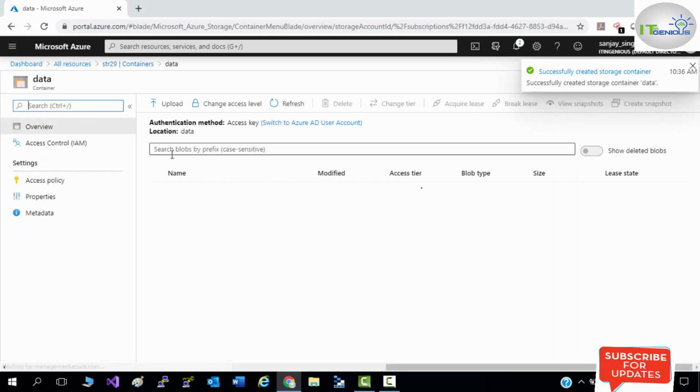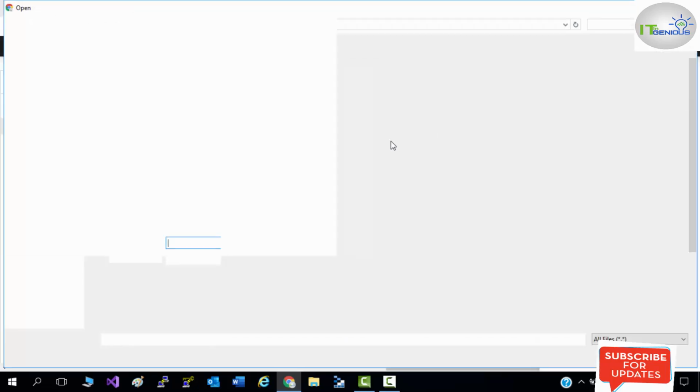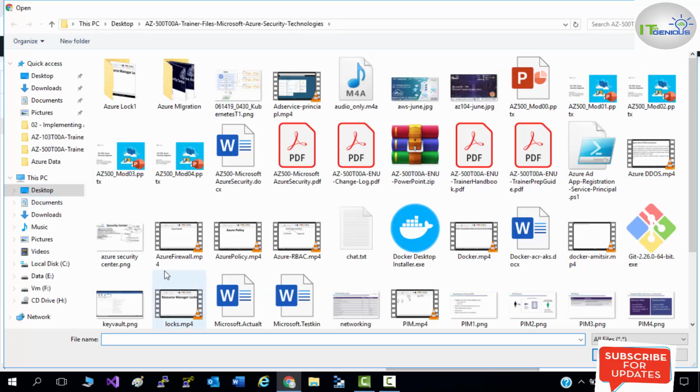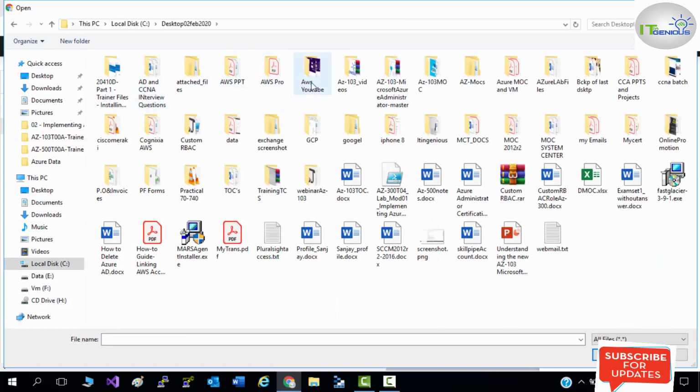Now click on your container. You can upload your file from here. Browse your file from your local system. I am going to browse an image.